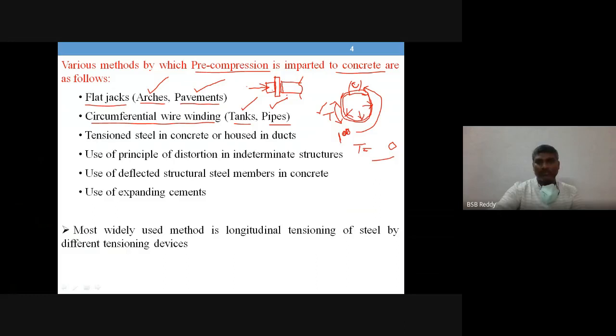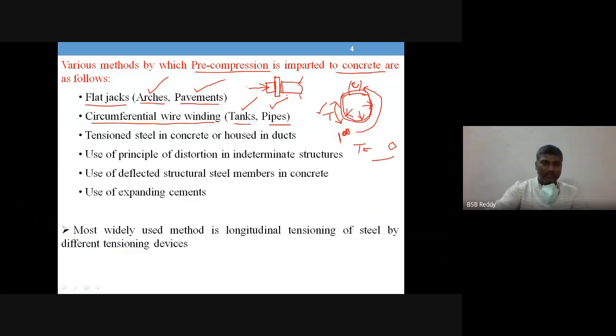So we press the edge of the member against that member, so that it is going to induce compression. Okay,